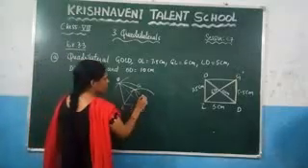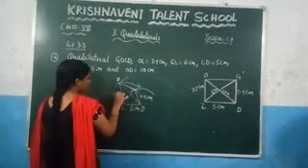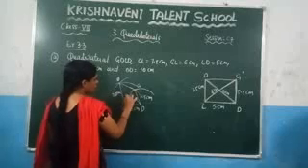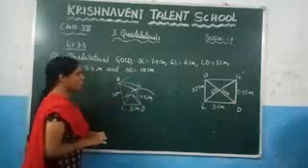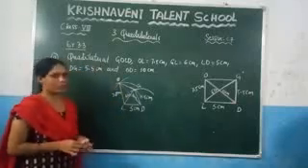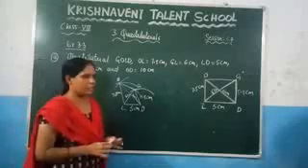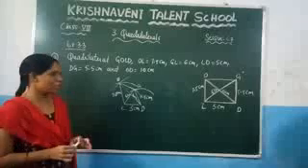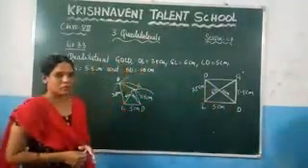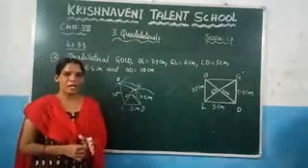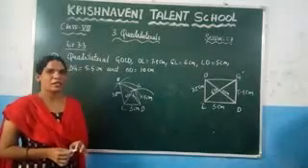Now let us write the measurements. This is 5.5 and here this is 7.5 and here after that this is 6 and this length which is 10. So here like this you need to construct the quadrilateral if you have been given the three sides and the two diagonals. So what we need to do? First you need to draw the triangle. Any of the triangles you can draw. So I have drawn this triangle. I have explained how to draw in both of the ways. First you need to draw one triangle and after that mark the other intersection point and join that one so that you will get the required quadrilateral.